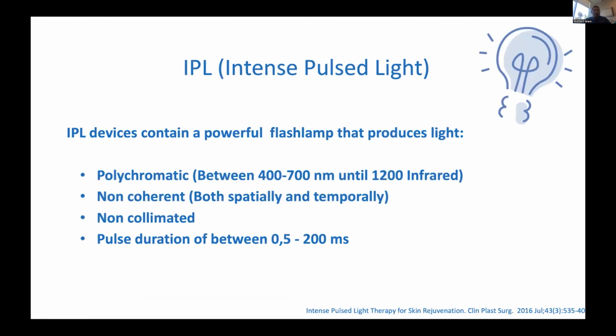So IPL, as I said before, contains powerful flash lamps that produce light. It's polychromatic between 400 and 700 nanometers, and it can reach the infrared 1200. It's non-coherent, non-collimated, and the pulse duration is between 1.5 and 200